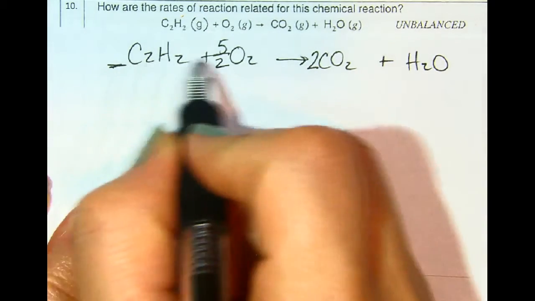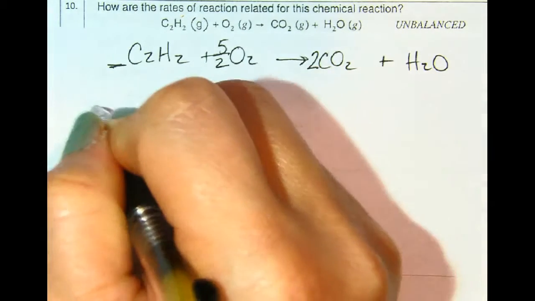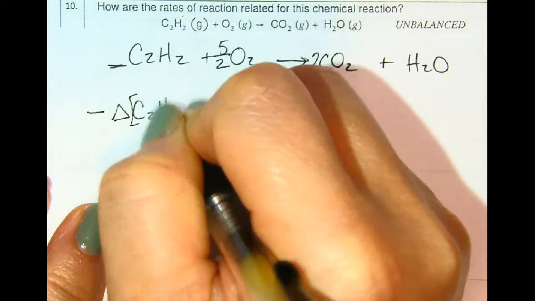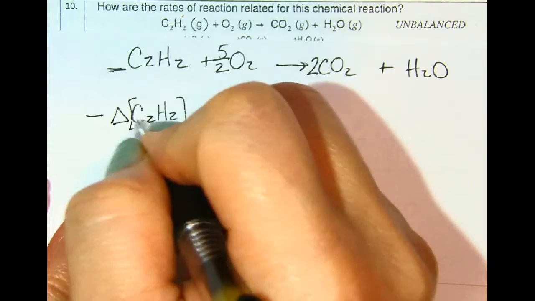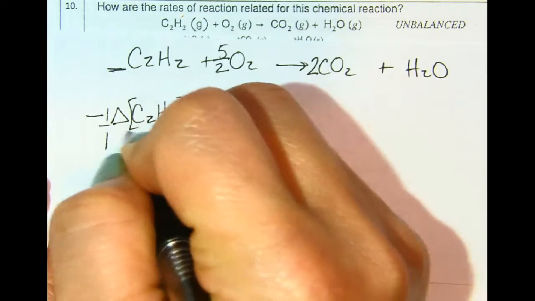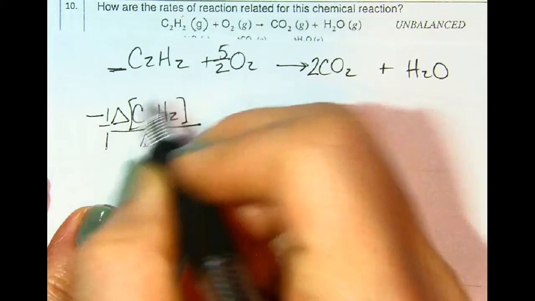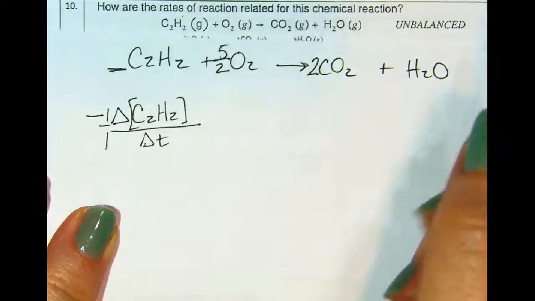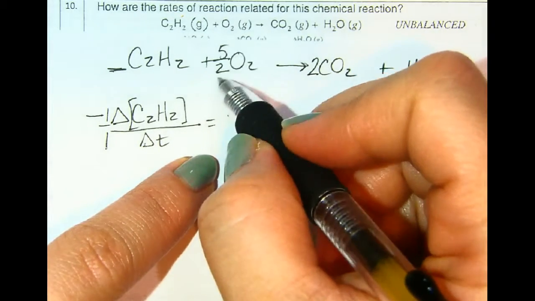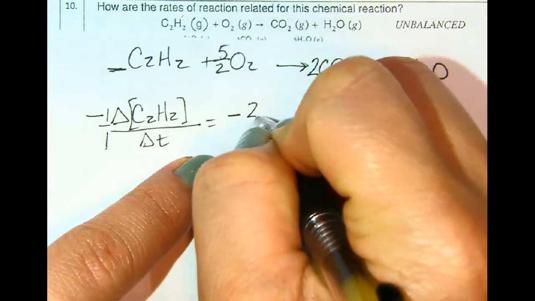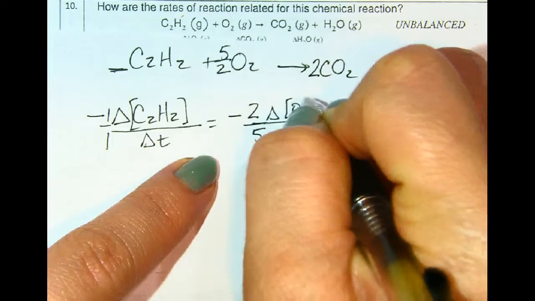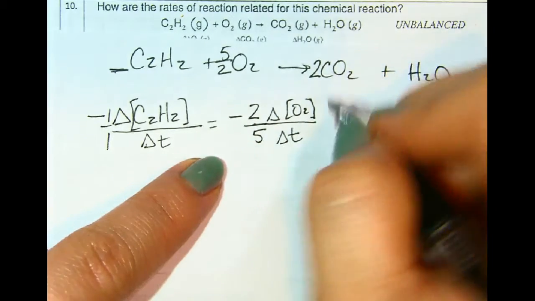Now, remember that these 2 are the reactants, so they're disappearing. So I would write a negative change in the concentration of C2H2. And remember, it's negative 1 over 1. This is all over the change in time. It's 1 over 1 because this has a coefficient of 1. This is equal to a negative, and we're going to actually invert this fraction. So 2 over 5, and that's going to be change in concentration of oxygen over the change in time, equals,